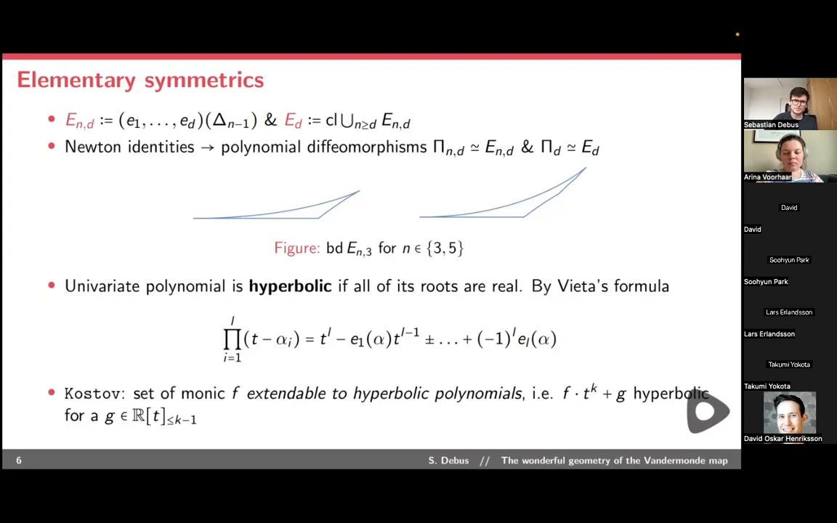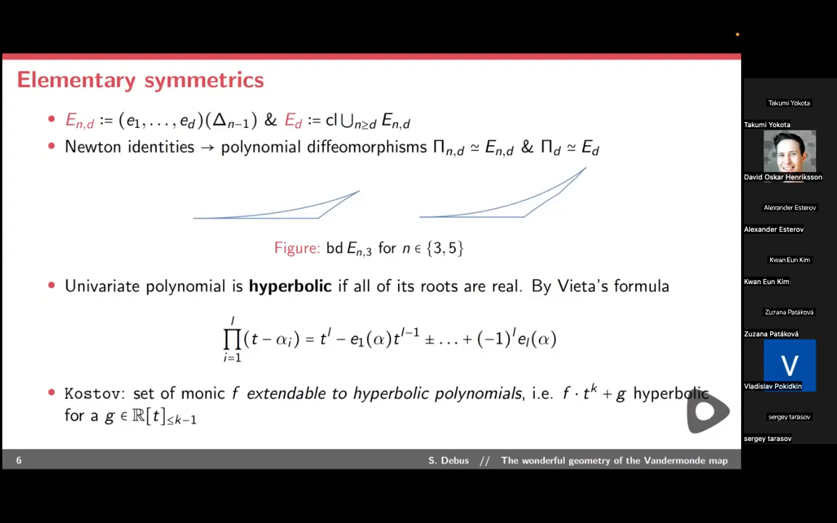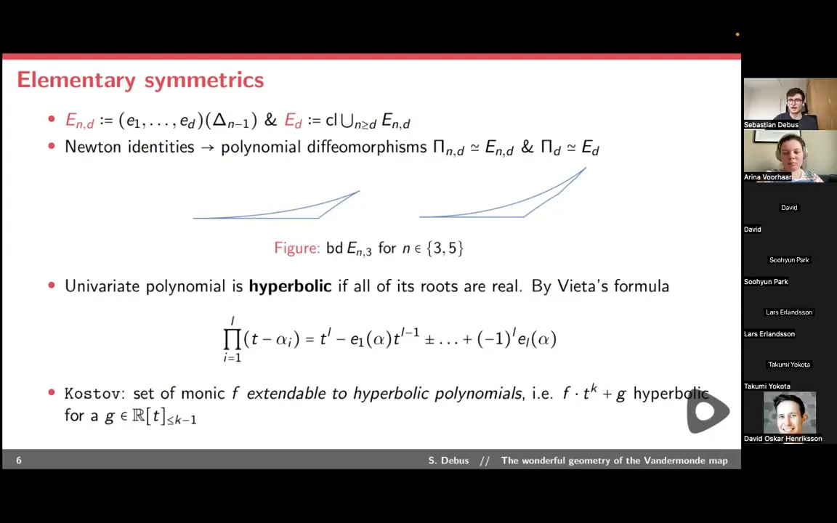And when we want to understand hyperbolic univariate polynomials, we have to understand this Vandermonde map in the elementary symmetrics on R^n, or in our setting, we understand it on R greater or equal to 0 to the power n, on the non-negative orthant. And this limit has, in some sense, a natural explanation also for Kostov, because he says